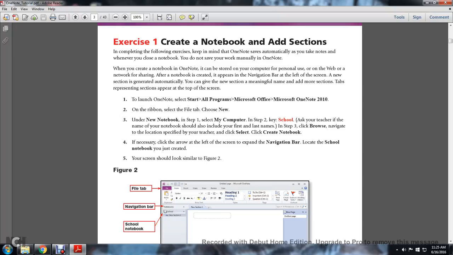You can give the new section a meaningful name, add more sections and tabs representing sections appearing at the top of the screen. To launch OneNote, go to Start, All Programs, Microsoft Office, OneNote 2010. On the ribbon, select the File tab, choose New. Under New Notebook in Step 1, select My Computer